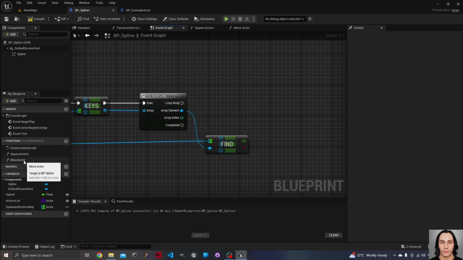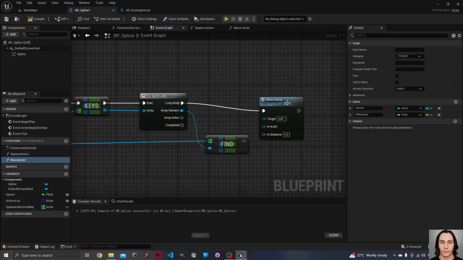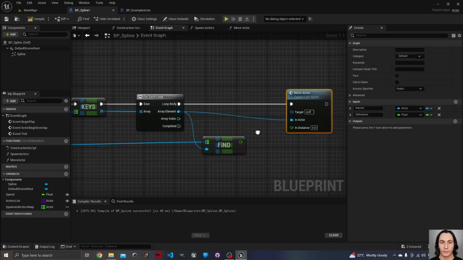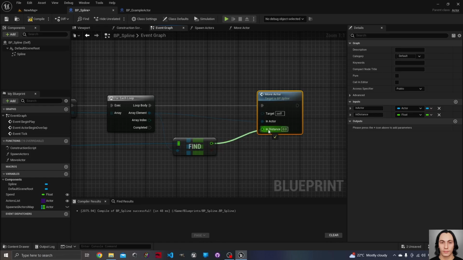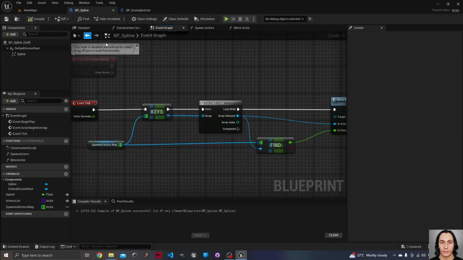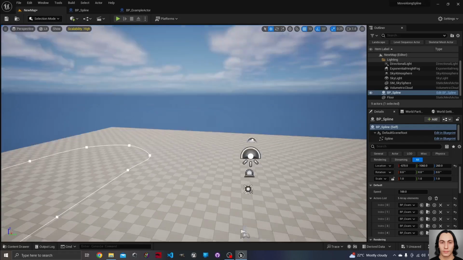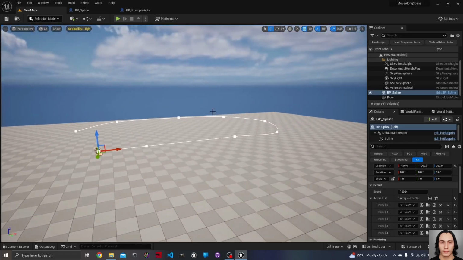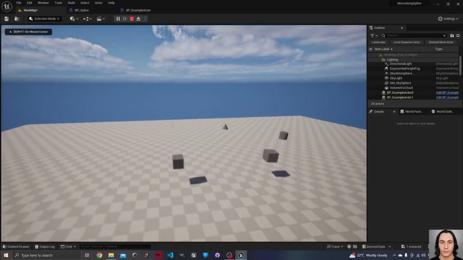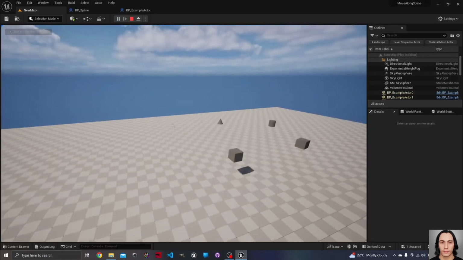And now let's call the move actor. The in actor will be the actor as a key, and the distance will be the actual distance in the map. That's it. Let's get back to our level and let's hit play, and here we have our objects moving along